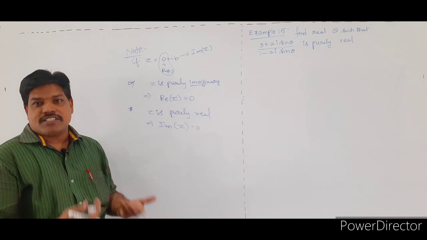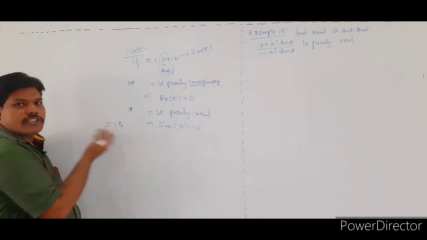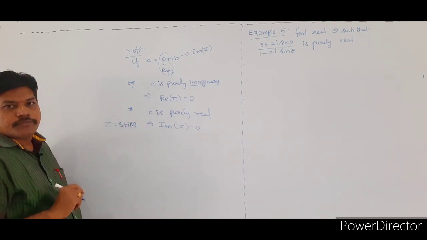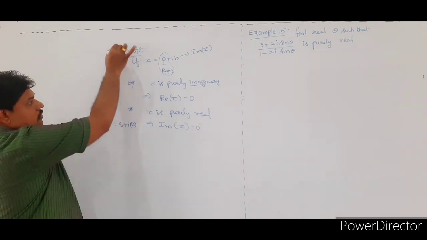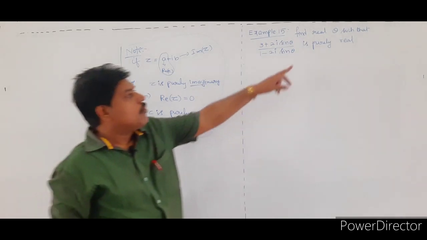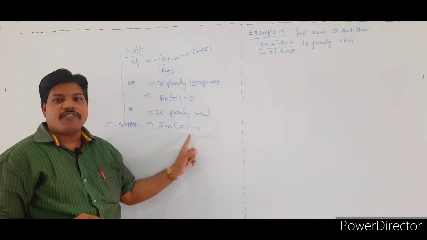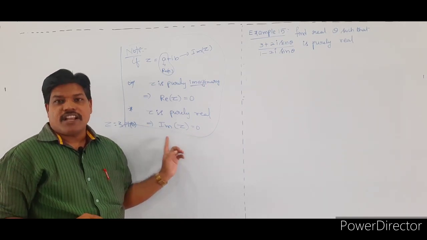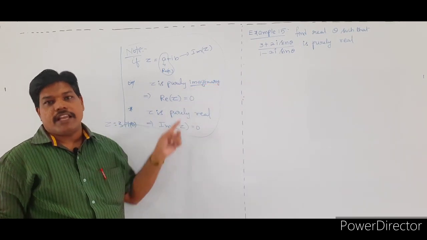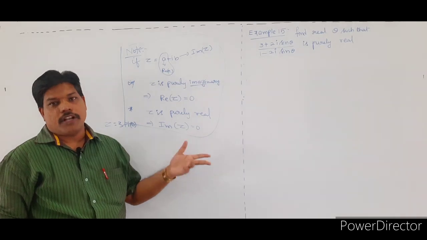For example, z is equal to 3. If z is equal to 3, there is no imaginary part. That means 3 plus i into 0. Yes or no? Imaginary part is 0. Do you understand this, students? So write down this point here. This question we are using that one. If z is purely real, imaginary of z is equal to 0. In the question they have given purely real, so you have to use this condition, imaginary part of z is equal to 0. Then automatically you get the answer.